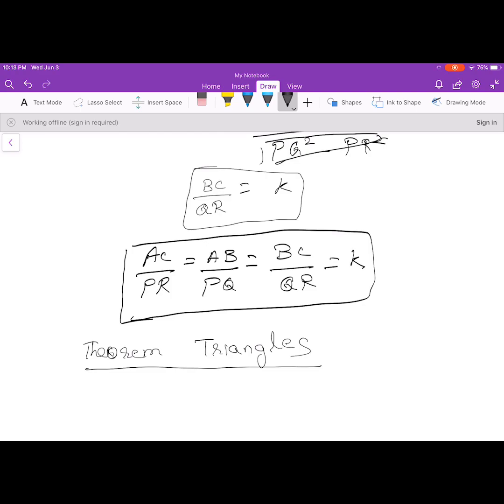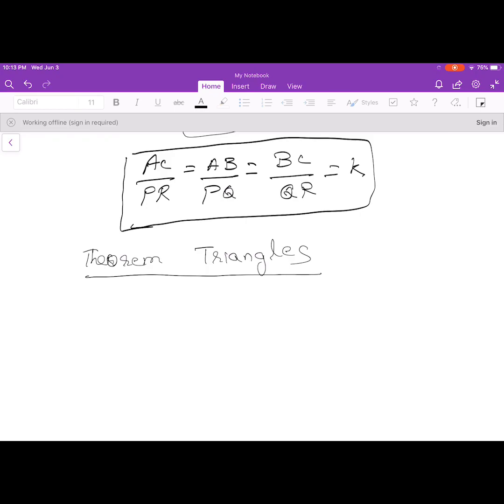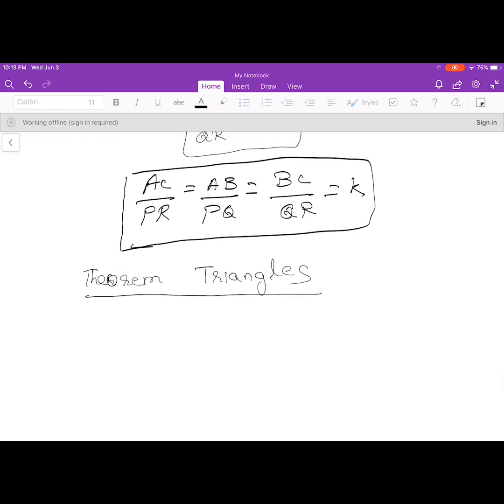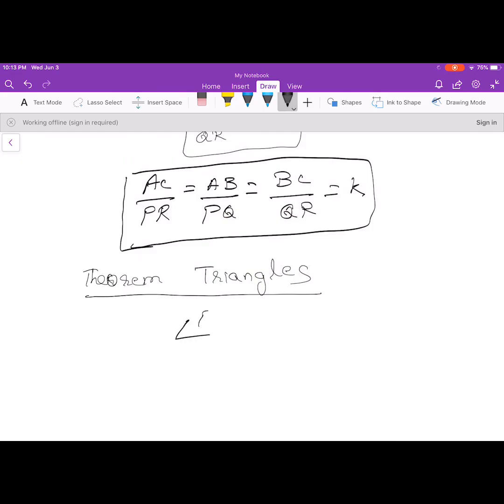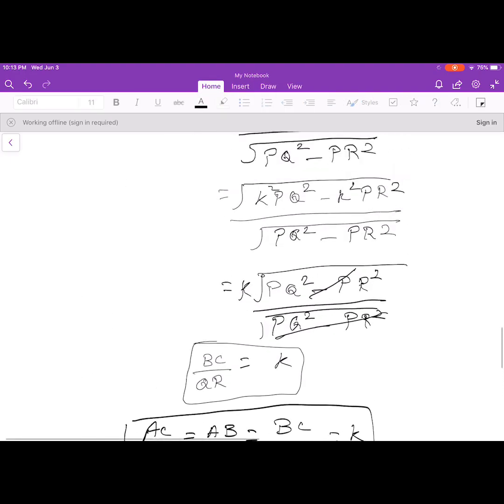When the triangles are similar, all the angles are going to be equal. So I can write that angle B is equal to angle Q. That is what I want to prove, hence proved. I will repeat this example because it is a little bit tough to understand. I'll repeat it again for your convenience from the starting.